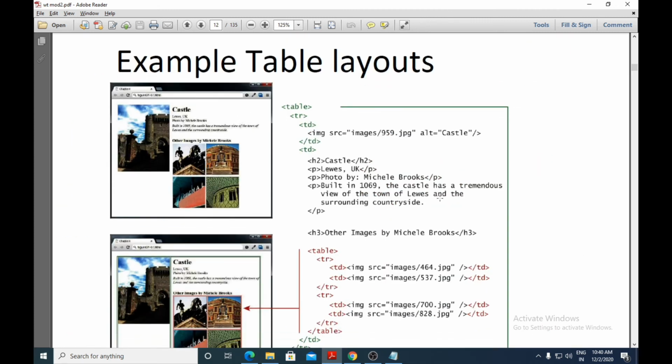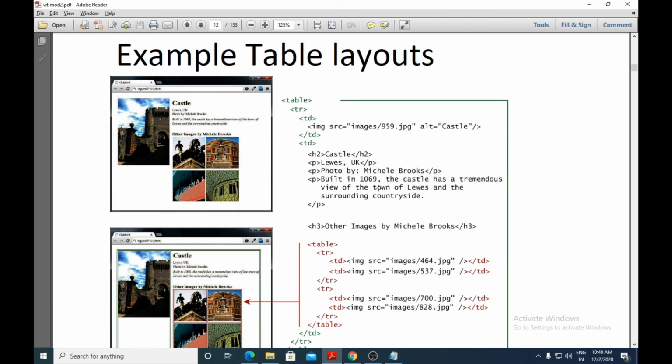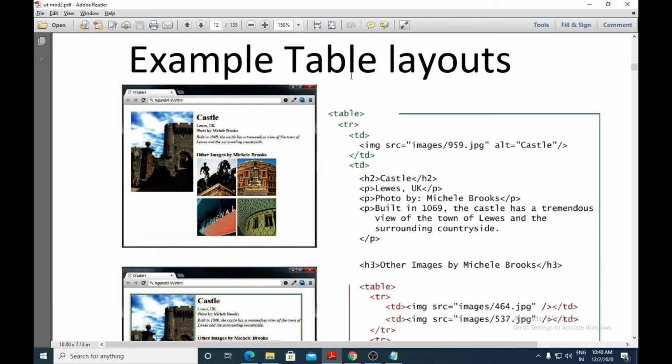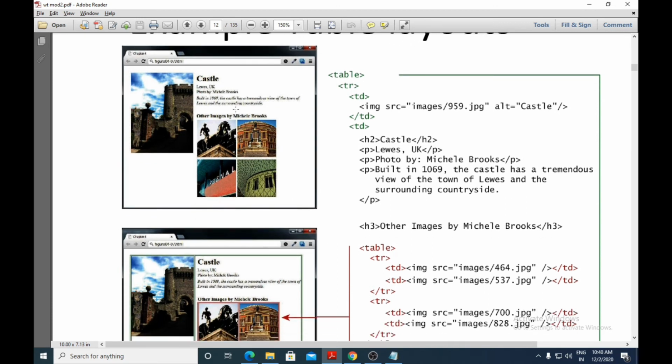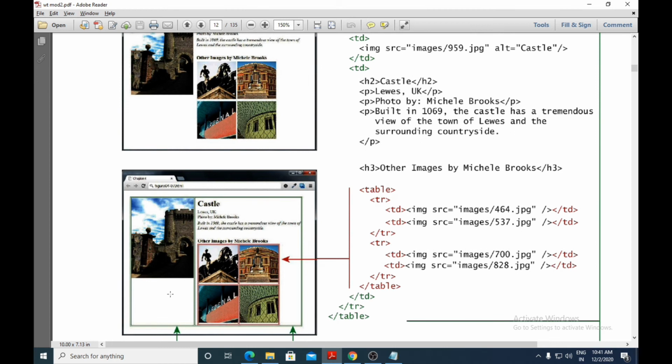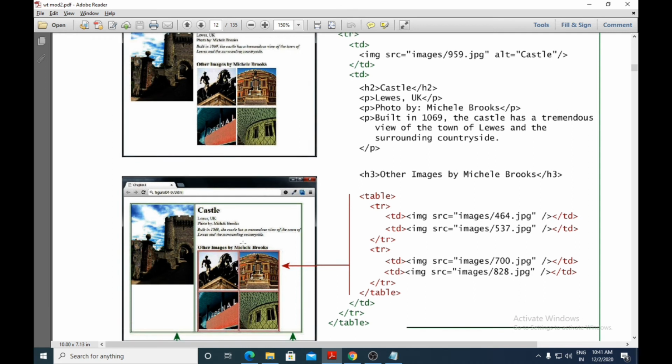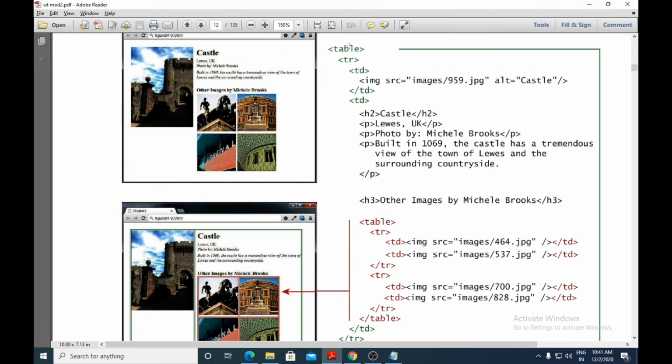Okay, next they have shown another example, an example for table layouts. If you have content with a number of images, a title, paragraphs and so on, at that time they made use of what? Tables. What a table would do is form the content in a very neat manner. So you can form the content in terms of table data cells and rows. So how they have created this output is, they started immediately with the table code.